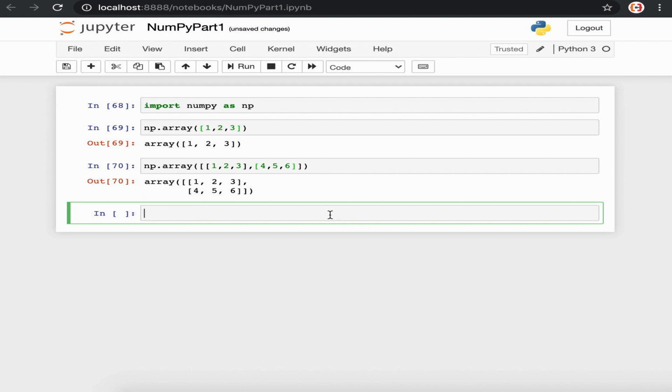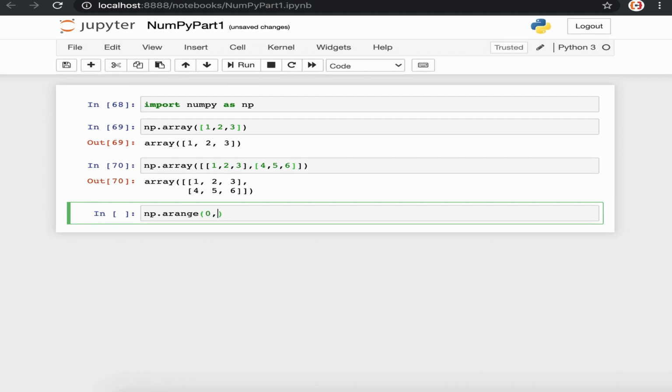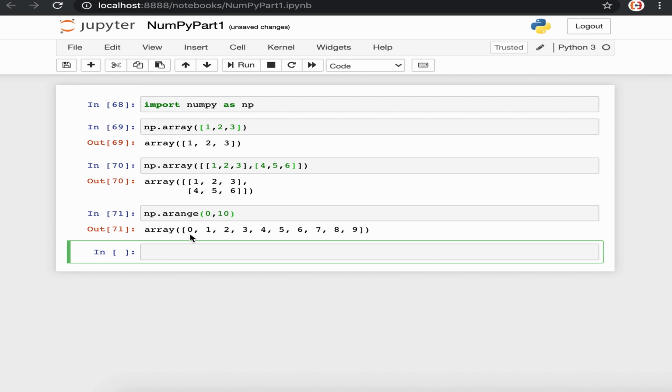Now to create a NumPy array with a range of numbers, we can use the built-in function arange. To do that, we can use the function np.arange and pass the number of elements. So if I pass 0, 10 and execute the command, it will create a NumPy array with elements starting from index 0 till index 10 but not including the element 10.